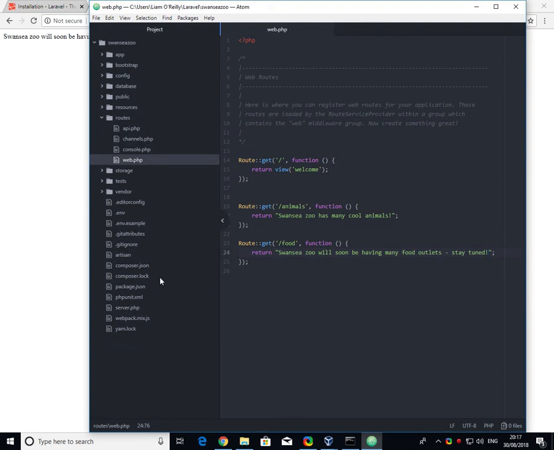You don't want to get overwhelmed with all of these files. The only one we've looked at so far is web.php. But I think that's enough for now. So you can play around with this a little, get your feet wet, try some things out. So just to finish up and to explain how things work here, I'm going to close this down